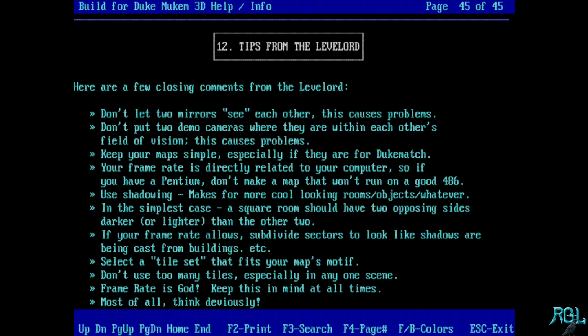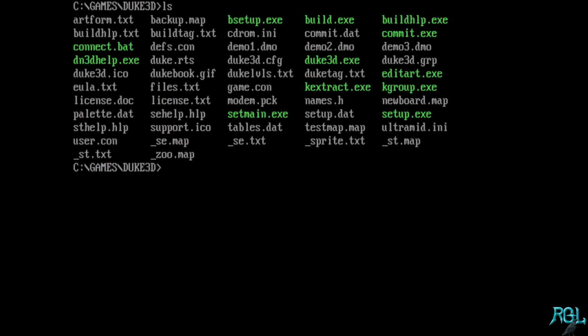And we'll just hit escape because we don't actually need that there. But again, we're going to use the build tool. And so we're going to do build, and then we're going to give it a name. Now, you don't actually have to give it a name at this point, but it helps. So I'm going to call this